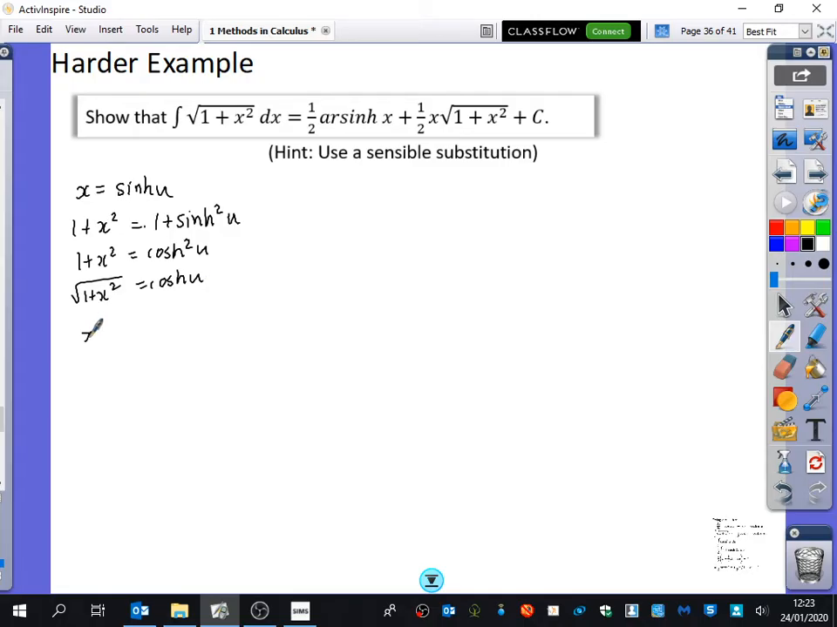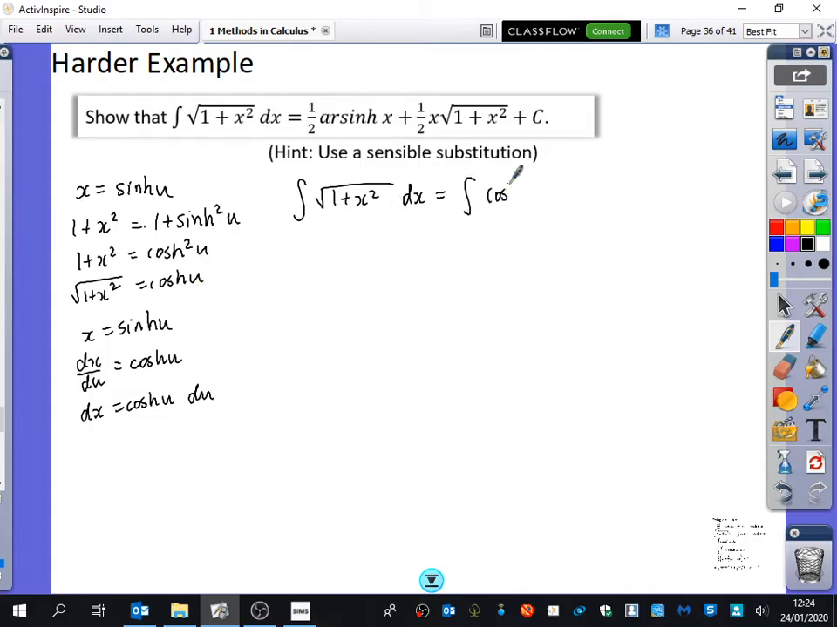We also know dx du is cosh u, so dx is cosh u du. So we're going to try and integrate. Tell me if I'm going too fast, but this is how fast we go at this point in year 13. So square root of 1 plus x squared is cosh u, and we're multiplying by cosh u du,